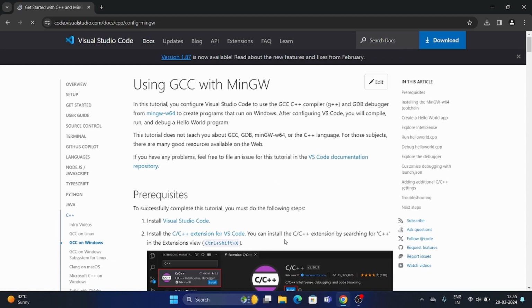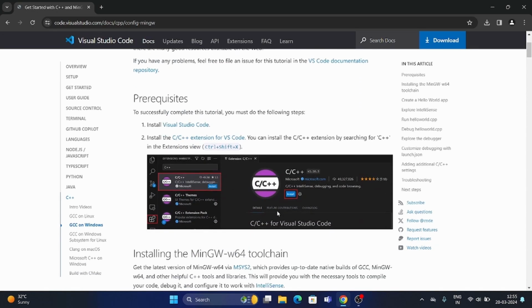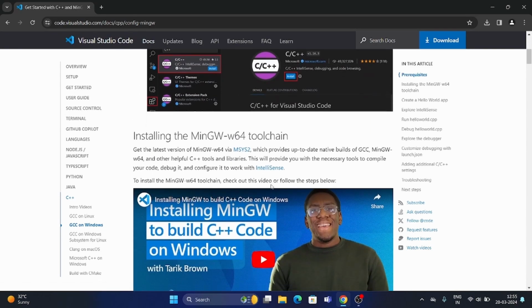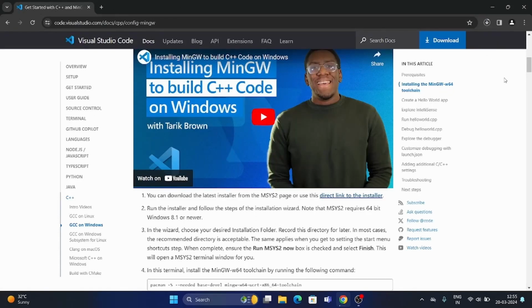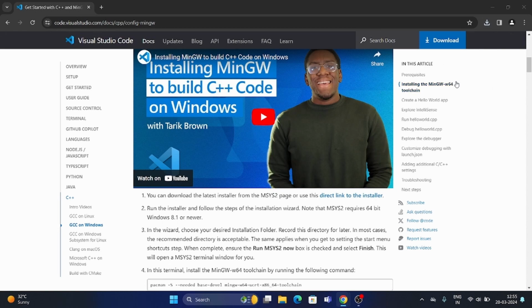So here they have mentioned all the steps which you need to follow to install all these. So we are going to do one by one. For first, we are going to click on this option, direct link to the installer. So click on that option. As you can see here, it is downloading another file, which is our MSYS2. So after downloading, open that file,